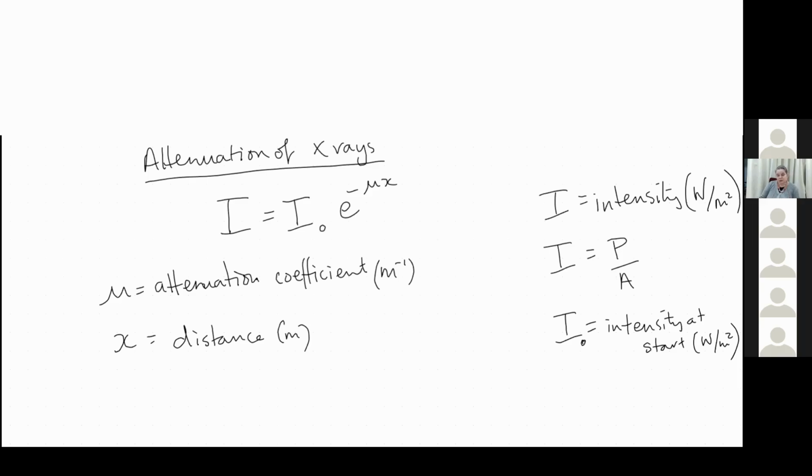Now, the attenuation coefficient depends on the material. So it's a property of the material, just like the decay constant is a property of a particular isotope of a radioactive material. And you can see that if you've got different coefficients for the different materials inside a person, the attenuation coefficient is much bigger or much smaller in